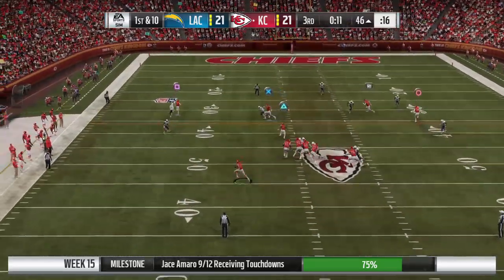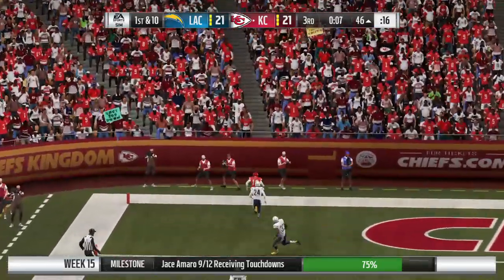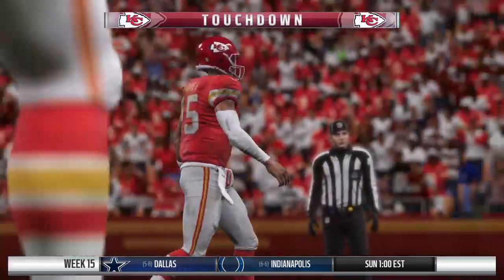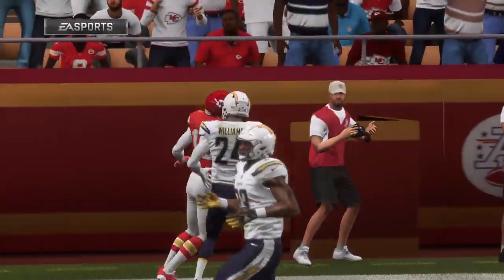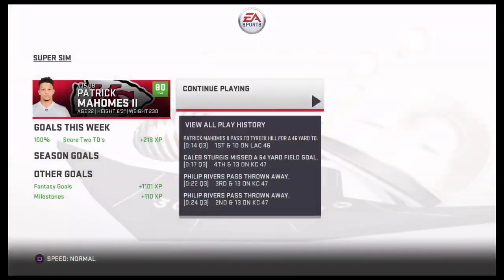Mahomes going to throw. Being chased out left. Now he's going to let it go deep left side. This is caught by Hill for a Chiefs touchdown. Tyreek Hill, 46 yards. And the Chiefs have broken our tie as they take the lead. Got outside of the tackle box, and sometimes that can be...